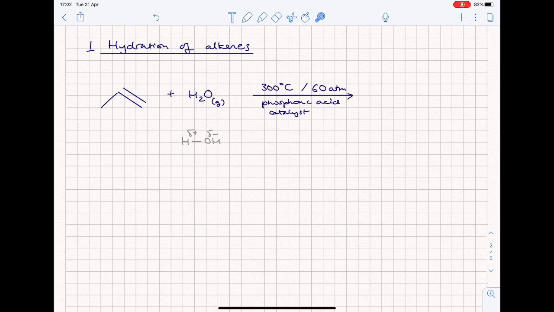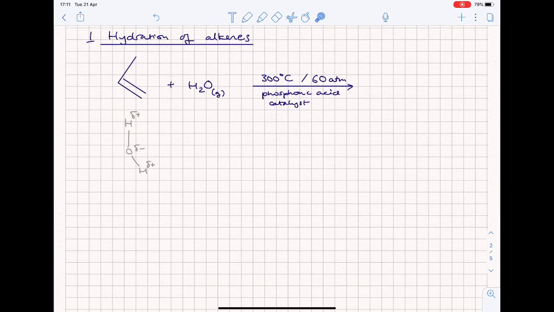So here we've got an alkene and we've got steam, and for hydration we need phosphoric acid as a catalyst and 300 degrees C as the conditions. We also write 60 atmospheres as the full conditions for this reaction. Now you also may remember that with an asymmetrical alkene like propene and an asymmetrical reactant like steam, which can be drawn like that, which shows it's asymmetrical, you can get two different products because you can have the partial